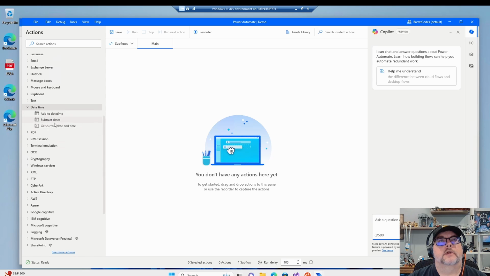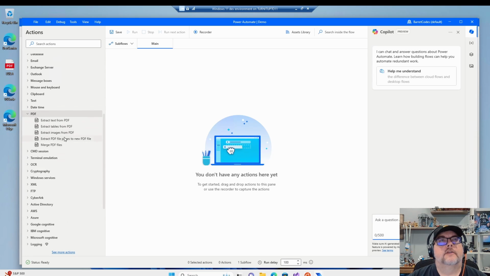And this is, again, we're kind of working with variables, you're working with dates and that. So PDF, again, is another thing that you really can't do in the cloud version, but using the desktop version, you can manipulate PDF files. So you can get text out of it, you can get tables out of a PDF file, you can merge two PDF files together,